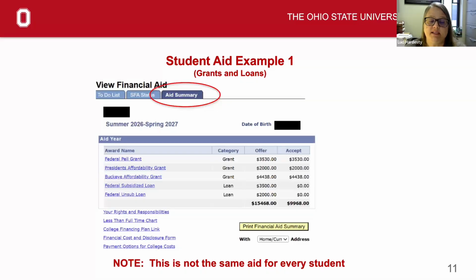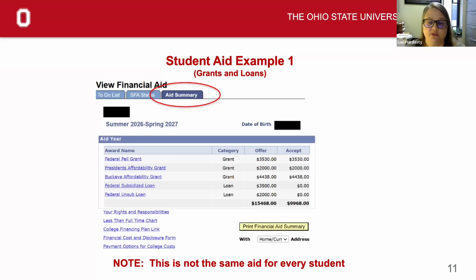The subsidized and unsubsidized loans have been offered. This student has not accepted them. There is going to be a green button below the aid amount if a student wants to accept or decline